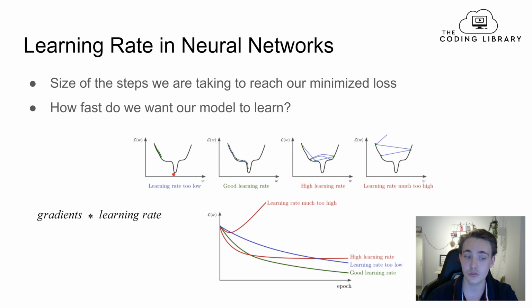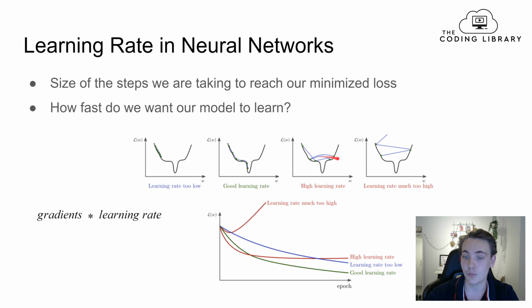So we can see if we have a too low learning rate, we will never reach our objective. And if we have a good learning rate, we're taking nice-sized steps, and we go past the local minima, and we also go down towards the global minima of our learning process. If our learning rate is too high and we're taking too big steps,